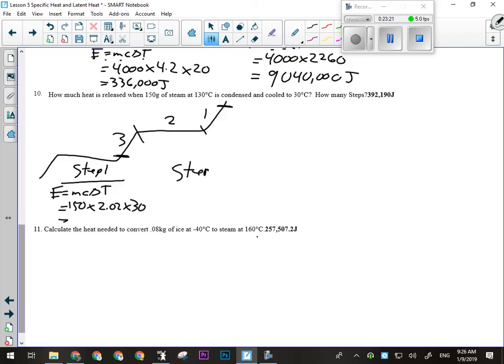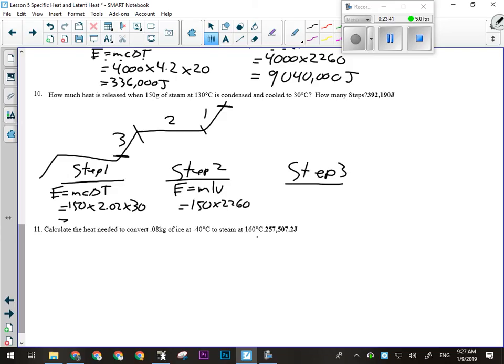In step 2, we're going to condense the water. Condensing and evaporating, the formula is the same. It doesn't change what we do in terms of that. So it's just going to be E equals MLV. The mass is 150 grams times 2,260 joules. And then in step 3,